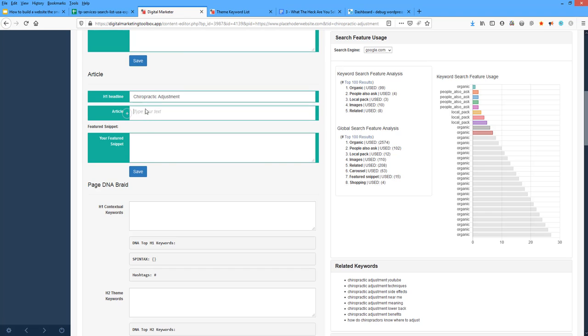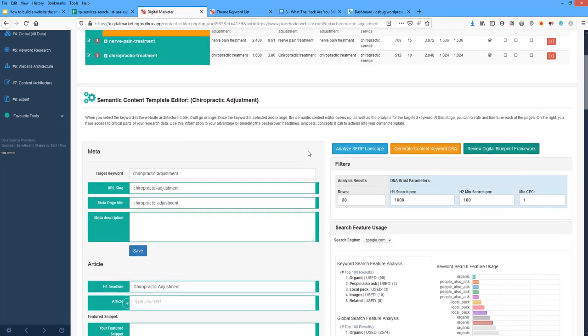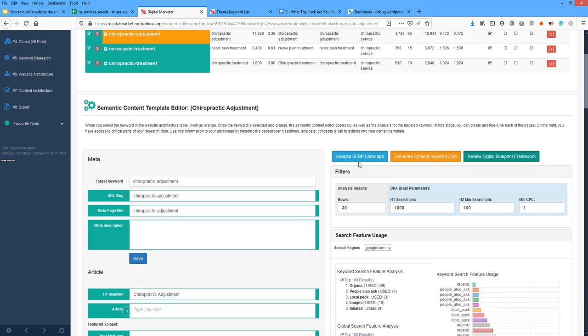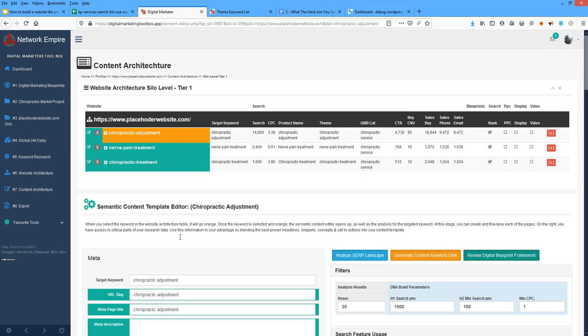Inside the article block here, what we recommend you do is create your H1 structure. To help you decide what keywords go into your structure, we created the DNA braid. First, we've gone and analyzed the web and discovered what Google wants. Now we want to sort our data out and get the best keywords for our H structures. If you think about what we've demonstrated in the last half an hour or so, we've created a blueprint,